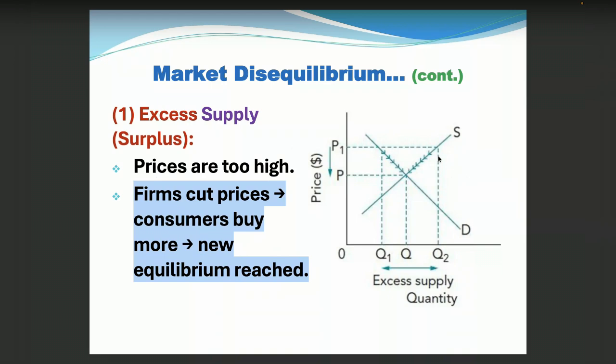So firms will see that they are losing consumers and no one is coming to buy from them. So what will they do? They will try to lower their prices, because if you're in a bazaar and 20 people are selling watermelons, and they're all selling at $5 and far fewer consumers are buying and they are distributed among them, one of the sellers will think to themselves,